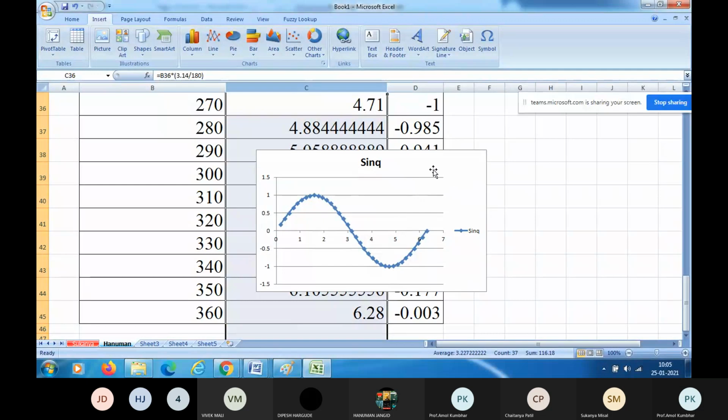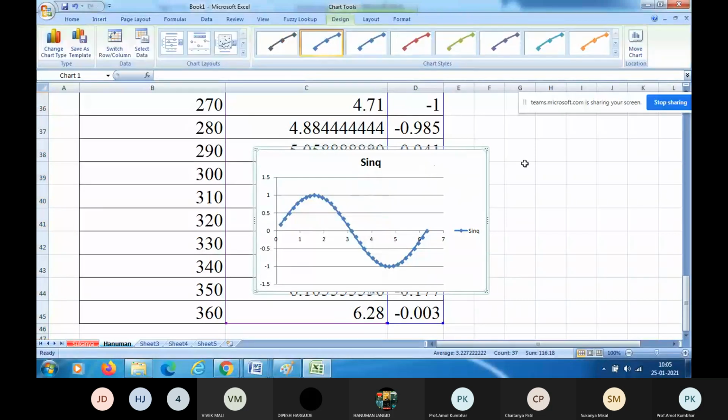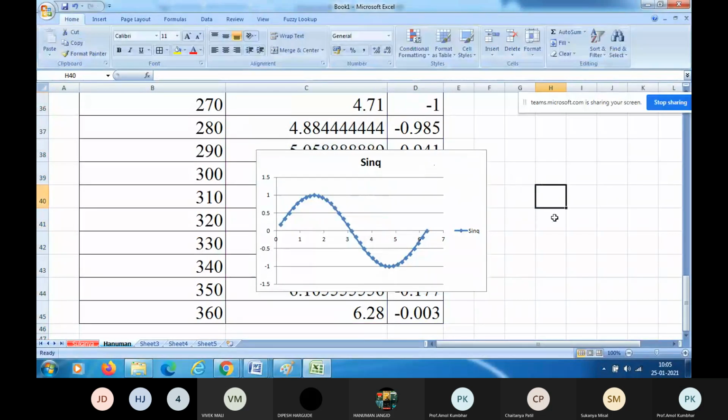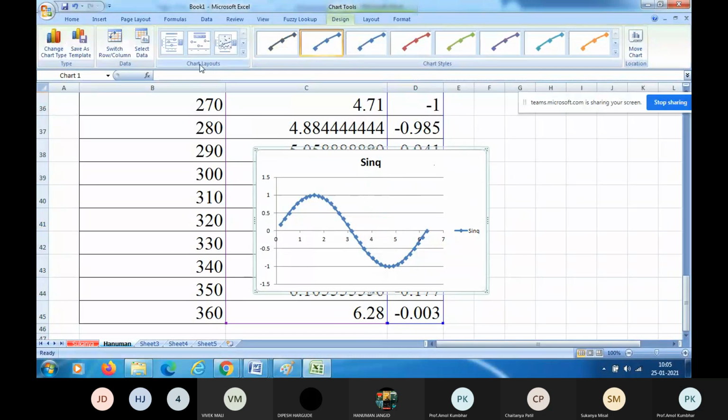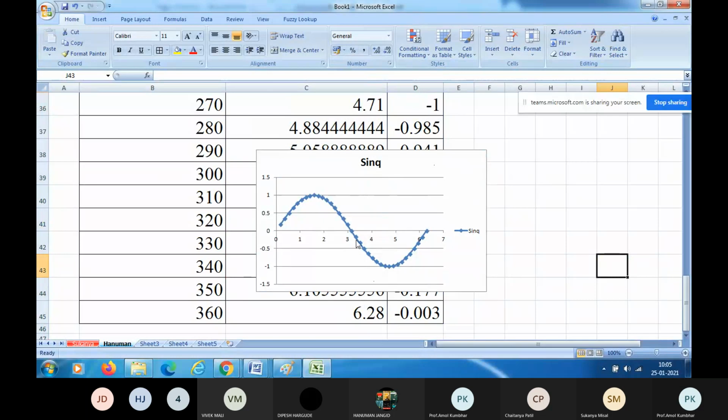So just click on that graph. Once you click on that graph, you will have options. How many times do you have to click? Double click. So let us once again click. Double left click of a mouse on that graph. You will get chart layouts. You will have a graph, but there is no option to enter chart title, label to x-axis, label to y-axis, right?